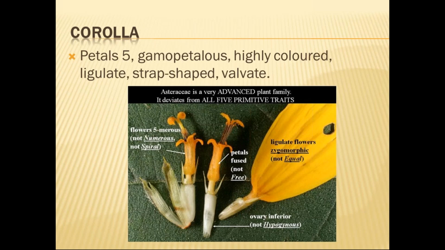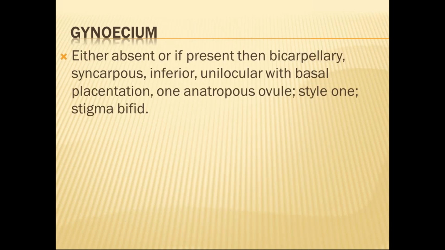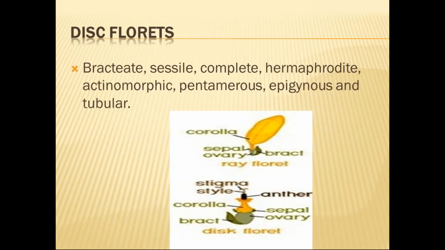Okay, here we are going to see the middle photo. We can concentrate on how the calyx and corolla are seen in this particular disc floret. Here we see again what we saw previously, the flower structure is drawn. There is a bract, sepals are present, and the corolla is gamopetalous, style is there, and bifid stigma is also present in this particular flower.